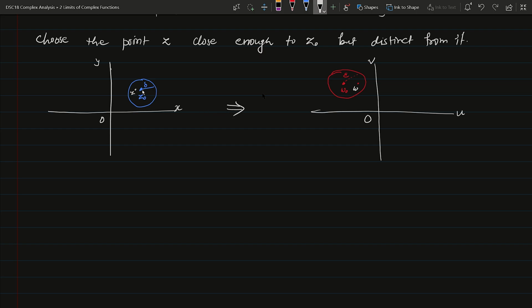Whenever this z is coming in the delta neighborhood of z naught, at that time the value of the function at z, that is w, is coming in the epsilon neighborhood of w naught. If this is true for every epsilon, that means for every epsilon we are able to identify such delta, then we say